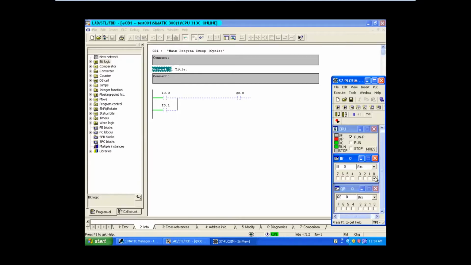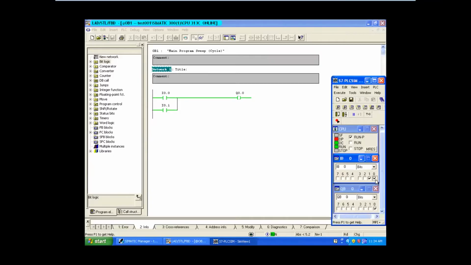Only one input is on, and output is on. See, I 0.1 is off, but still output is on. This is the OR gate when it comes to an option. If it is 0 1, I'm not turning on I 0.0, but I'm turning on I 0.1, and output is on. What is the last case? 1 1, output is also 1.